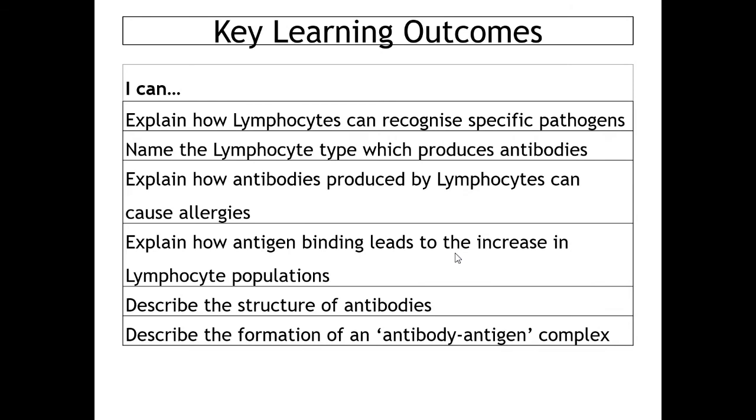We've talked about antigenic variation, so generation on generation, the change in the antigenic proteins on the outside of the virus, meaning that previous immunity is no longer necessarily good. And we've talked about why the vaccines for things like flu have to be given yearly, and it's to do with the fact that because of antigenic variation, your immunity does not last lifelong. It is removed when the antigens